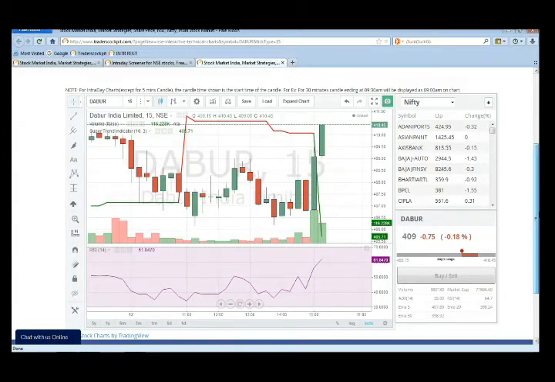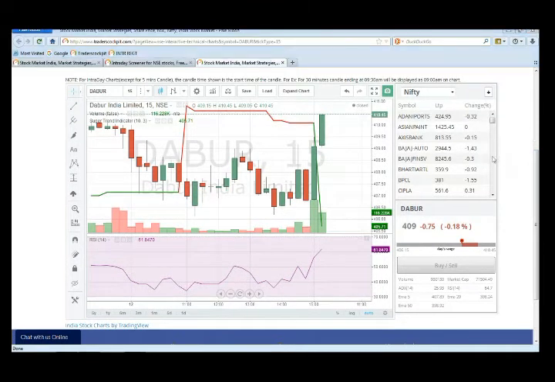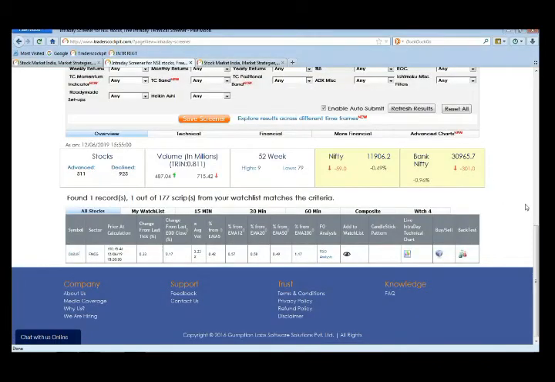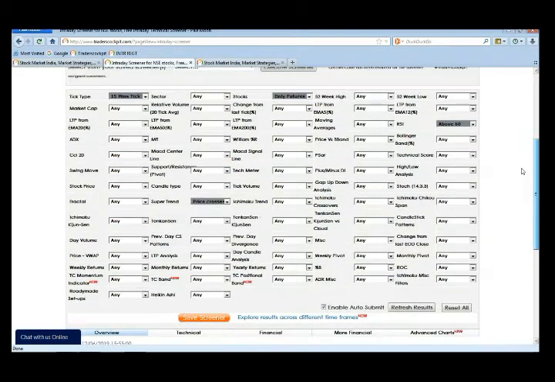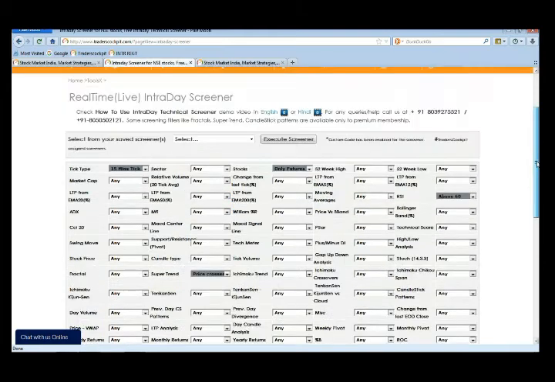So as scanned in the result, if you see here, in this last candle the RSI crossover has happened, and at the same time the RSI value, currently at 61.84, has just gone above 60. So that is how you can create any screener page, as I created on the intraday screener page.